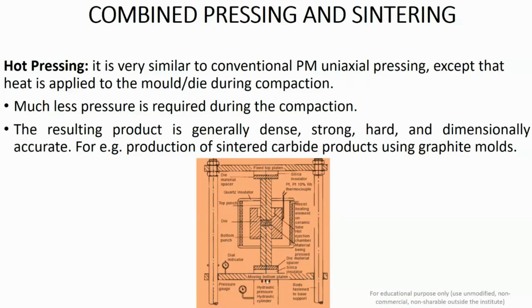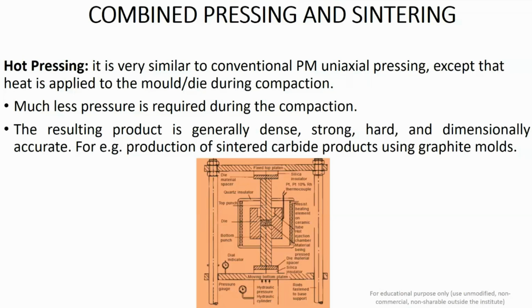You have a bottom punch, and this punching is taking place in this confined area where you have a powder filled die cavity, surrounded with the help of a resistive heating element, and this whole compaction zone is encapsulated with the help of a ceramic hot tube, which prevents the dissipation of the heat